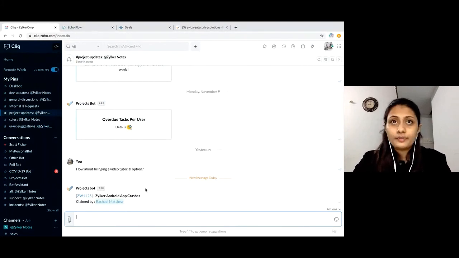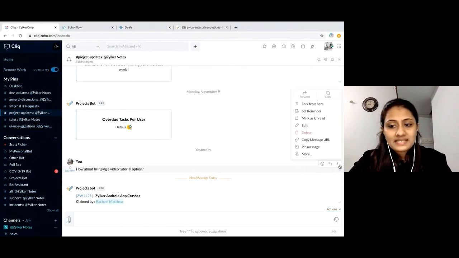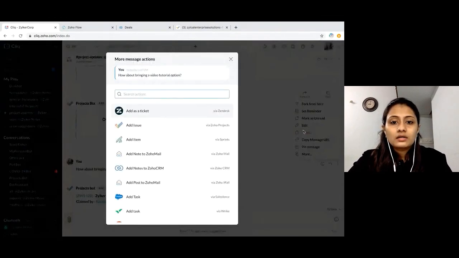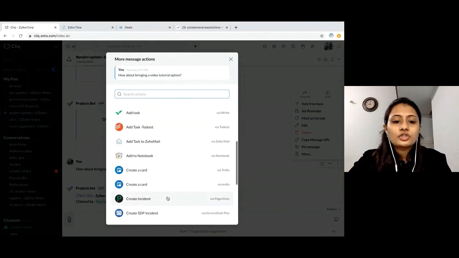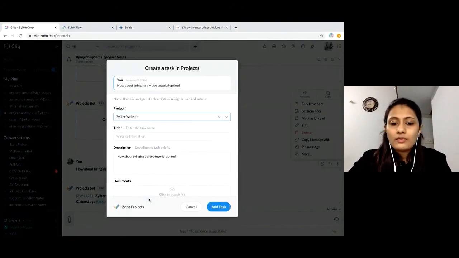collaborate on project details. So if you are having a doubt, or if you have a nice idea and everybody else is agreeing with it, you can directly head over to the message like so, and quickly convert that message into a task, or add it as a note in Zoho Projects as well. So I want to quickly convert this as a task. I want to say